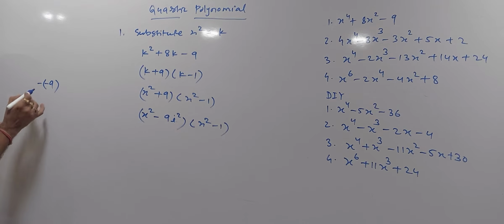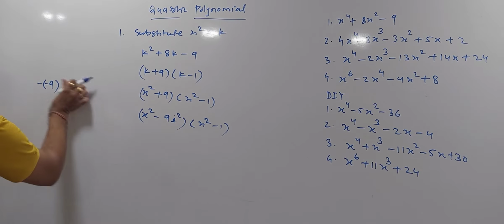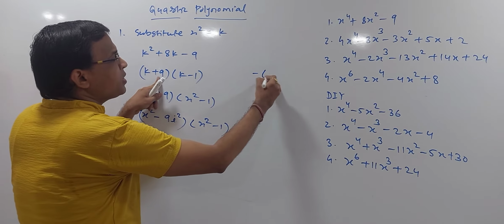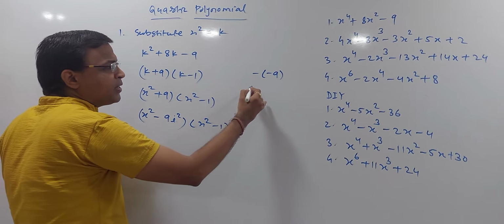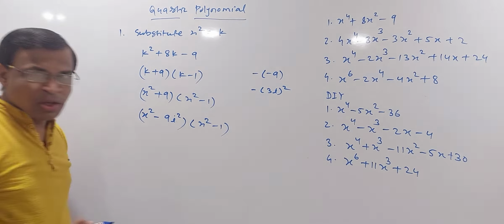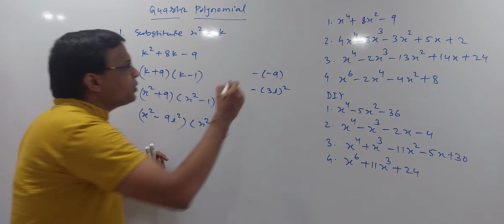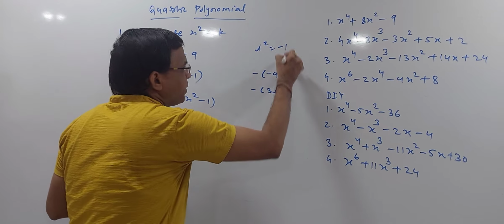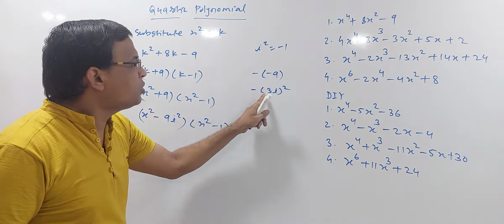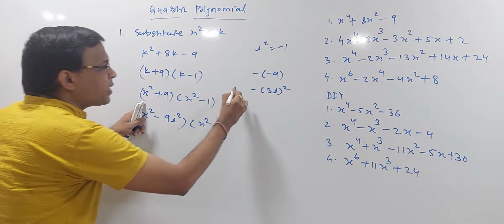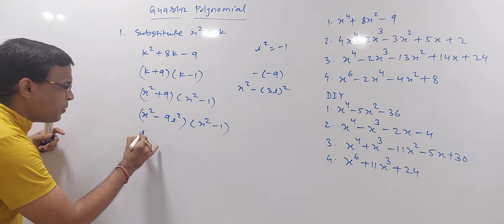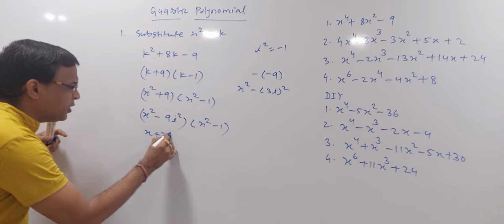So this plus 9 I can write as minus of 3i whole square, since I told you in one of the videos that i square is minus 1. So this minus sign becomes i square. Now 3i whole square, and here we have x square, so it is like the a square minus b square factorization identity. So finally I am getting x plus 3i, and